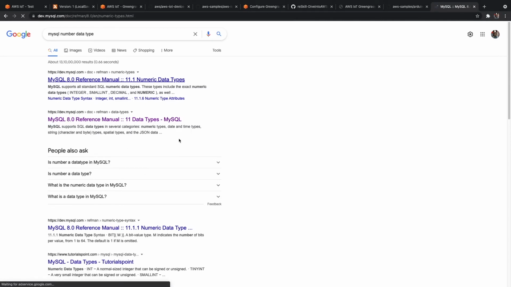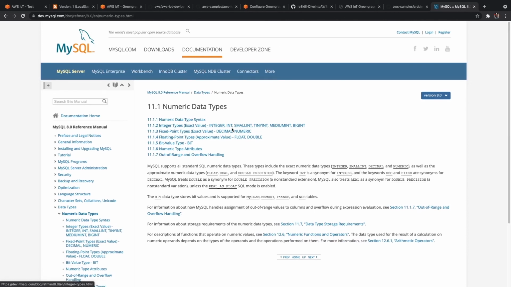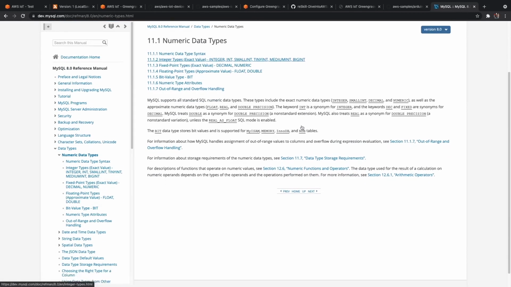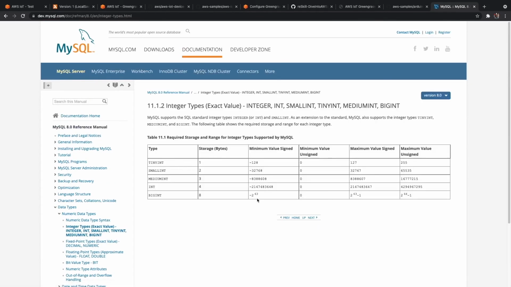This will tell us, for more than 10 digit values, what type of integer we can have. I think we can go ahead with big integer so that it will allow us to store a lot of values. So the values go from this one. Okay, this big integer is what we need. I mean, integer is also fine for us because that's also 10 digit, and we will not have negative values, but it basically has more than 10 digits.